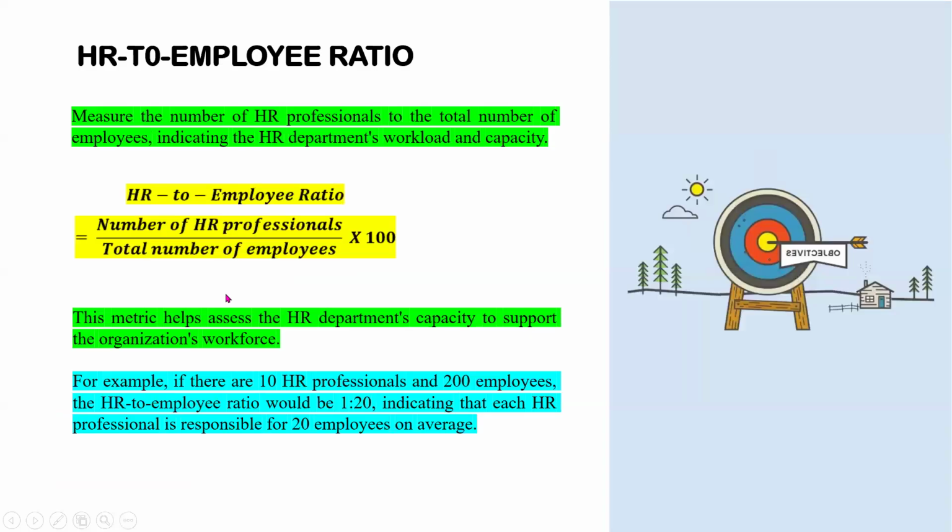Now, this is what I mean. First, tell me what the metric is. Give me the definition of that metric. What is the formula for calculating it? Then tell me, what is the implication? If it is high, what does it mean? If it is small, what does it mean? Then give me an example of it.